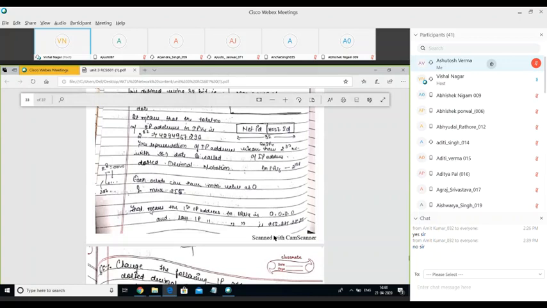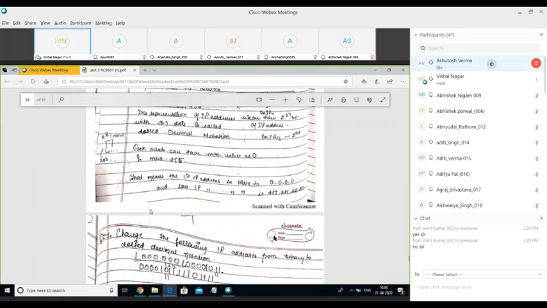Now how do we represent this IP address in our IPv4 system? As I told you, the value of each octet varies from 0 to 255. So the first IP address would be 0.0.0.0, and it lasts on 255.255.255.255. This is the entire range of IP addresses.